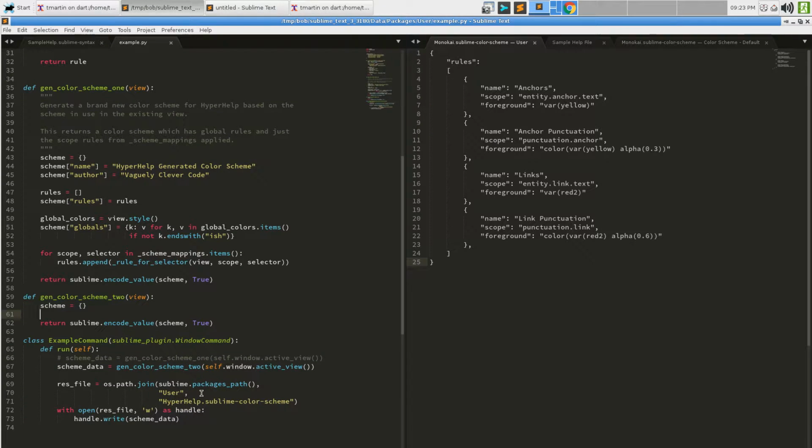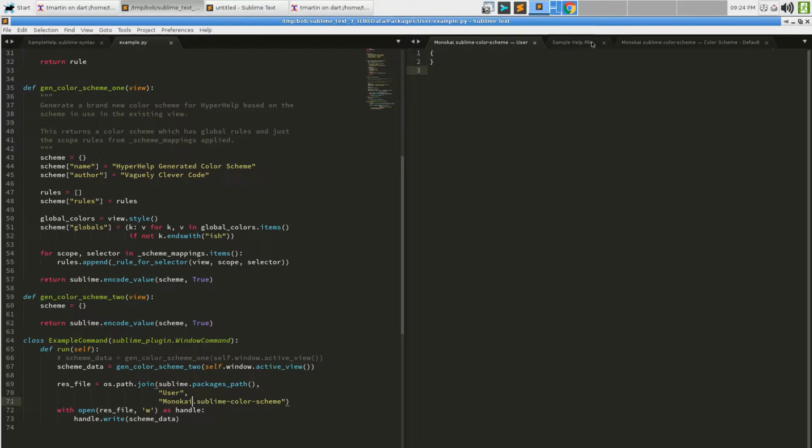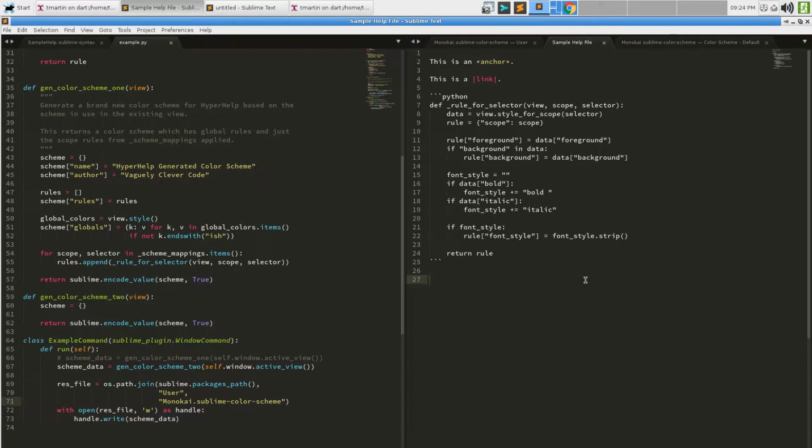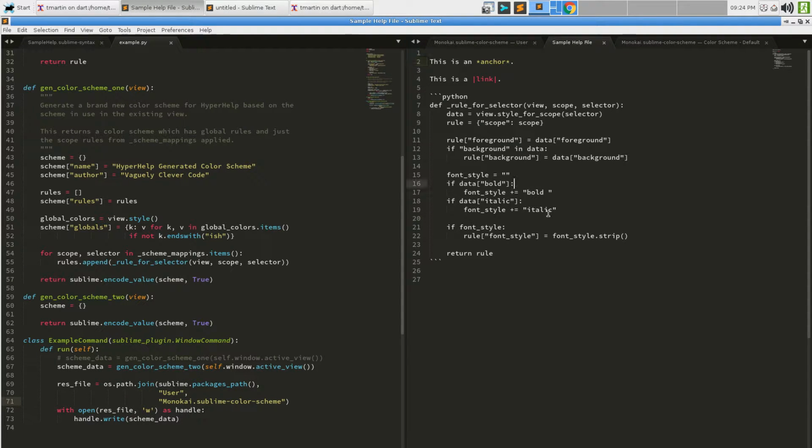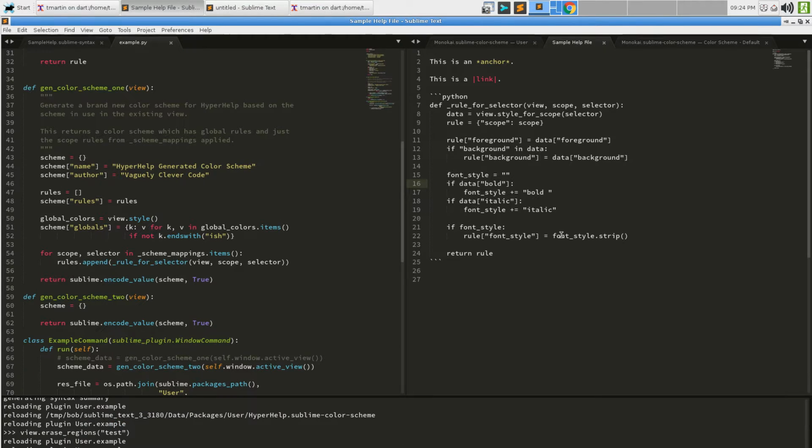We don't want it to name user. For our purposes, for right now, we want it to be named Monachi, right? So when I run the command, it just gets overwritten like that, and this file goes back to something. How is that even working at this point? What color scheme does this thing have associated with it? Oh, it's still got the other one. Right.